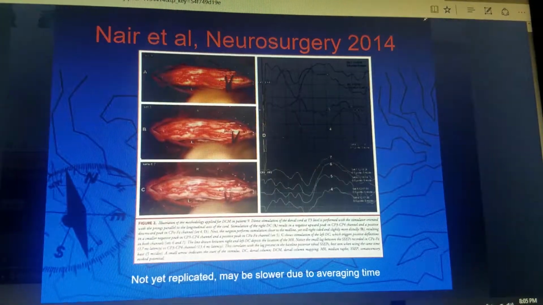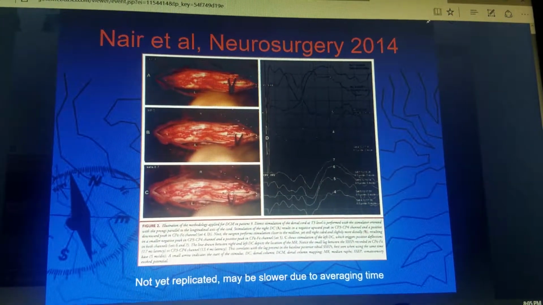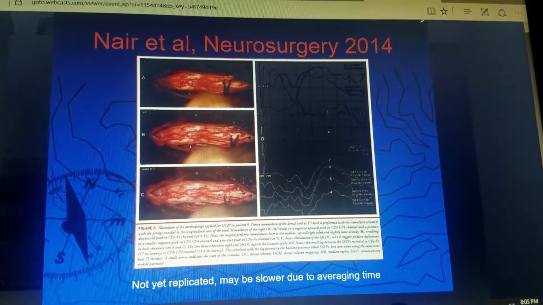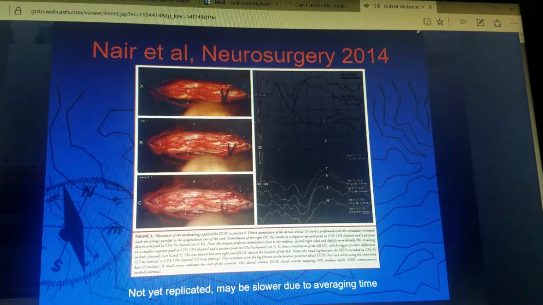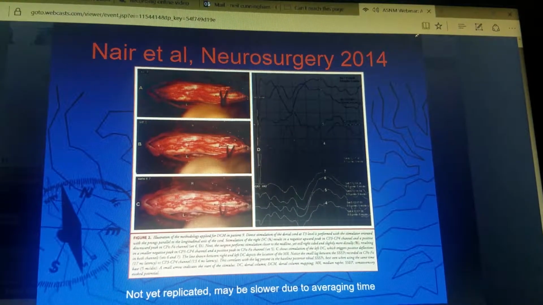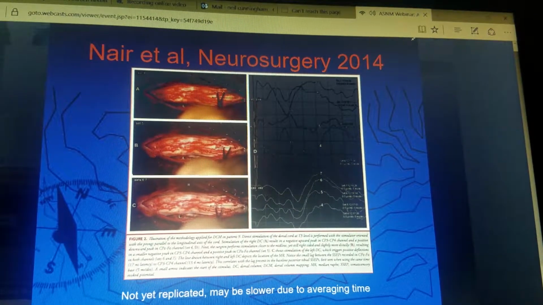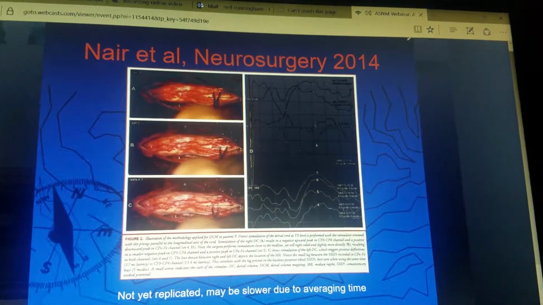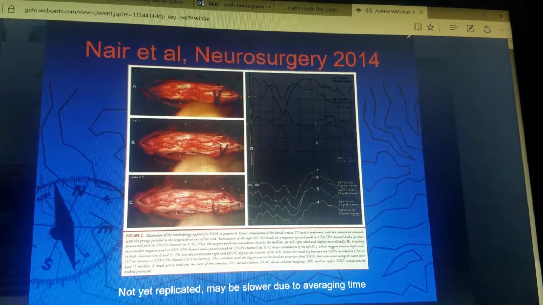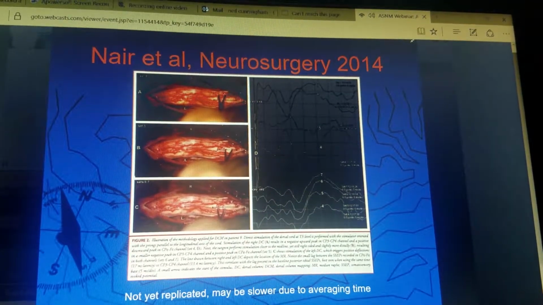Briefly, there is another technique where you stimulate the spinal cord and record cortical evoked responses. And you can look this paper up. I don't want to go into much detail about it, but obviously as you move across the midline, you're stimulating fibers from the left foot area and then right foot area, and so the responses are going to be generated in first one hemisphere and then the other,